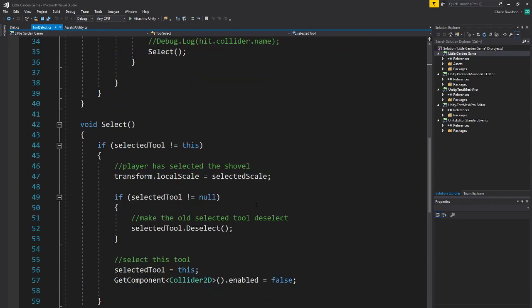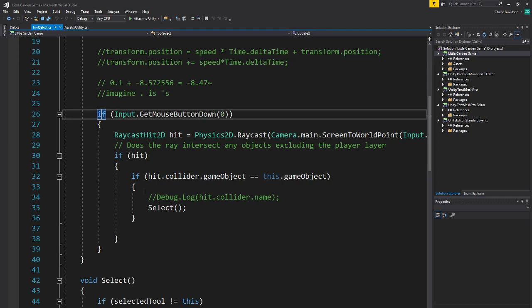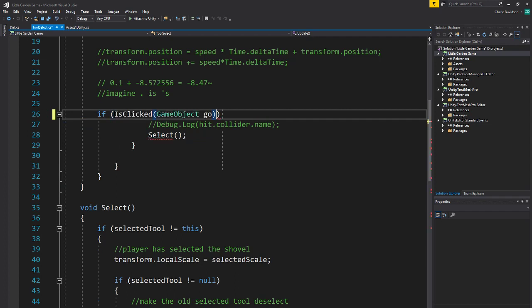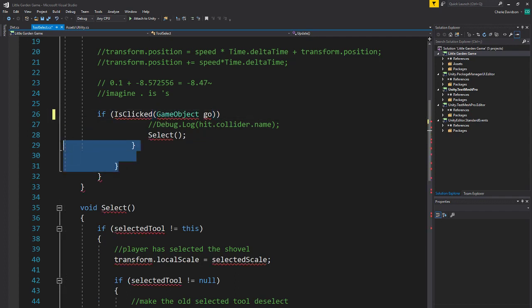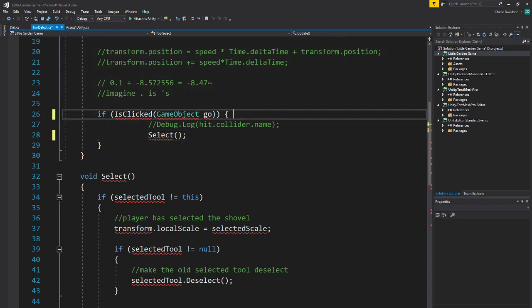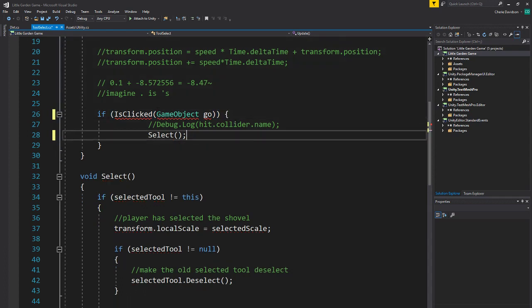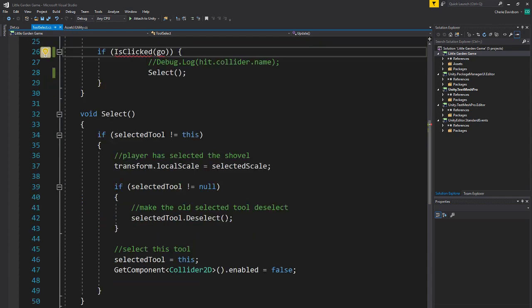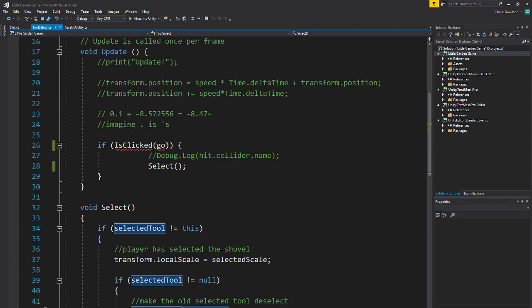Cool. So we want to replace this code because this is really messy. So I'm just going to nuke it to here. I'm going to put is clicked in here instead. Get rid of all that. And let's make sure we do have our curly brackets as mentioned before. Good. And when I actually run this function, like the way I run these other functions here, so deselect has those brackets on it,